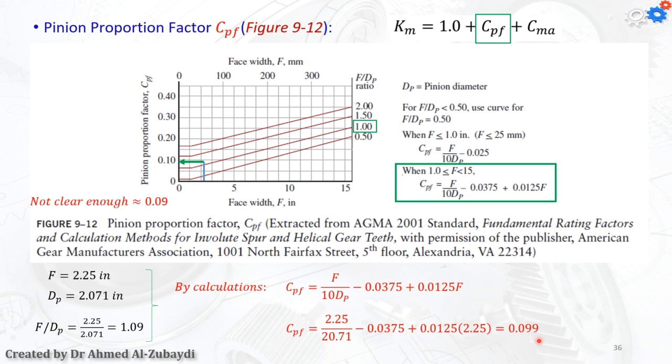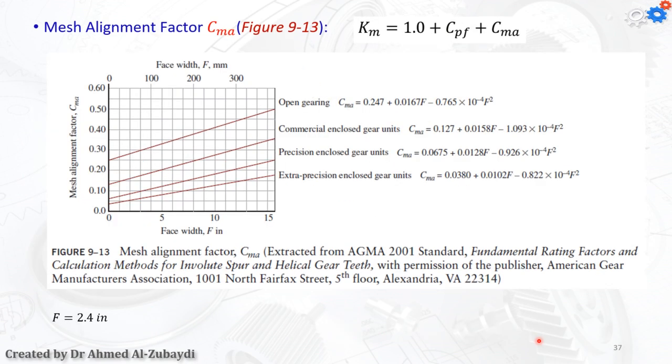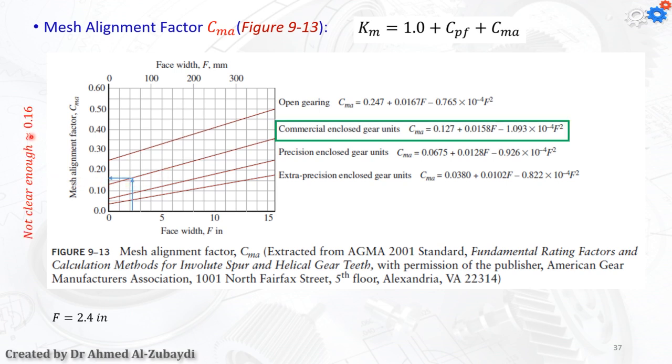Now, next step, we still need to find the value for the CMA. So for the CMA, once again, we're going to use the chart 9.13, following this one, okay? And in that case, we're using the commercial enclosed gear unit as we did last time. So the equation is going to be that one. Once again, the F is 2.25, so simply I can, oh sorry, that's wrong here. What I can do is 2.25 here, and I'm going to intersect it with this curve line, and then I'm going to get the value to be roughly 0.16, because